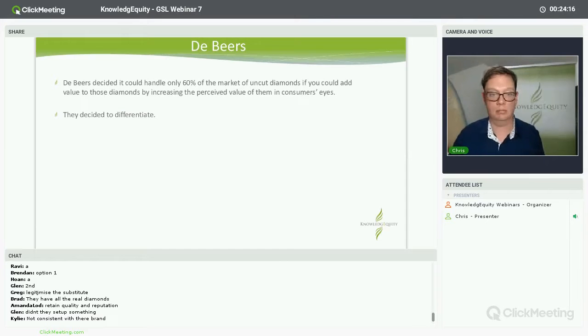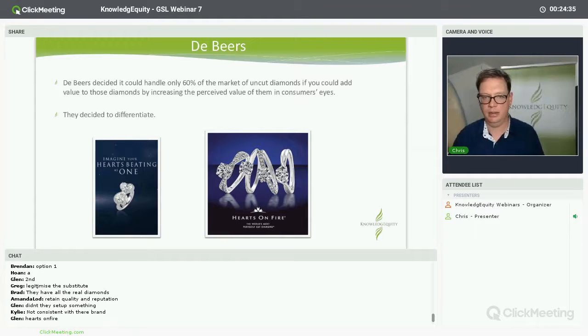But there's risk in doing either option. So they decided they could only handle 60% of the market of uncut diamonds. If you could add value to those diamonds by increasing the perceived value of them in consumers' eyes, so they decided to differentiate. All right. Some of the things they had were Hearts on Fire. But the important thing to understand is they accepted a reduction in control of the raw diamond supply, market supply,